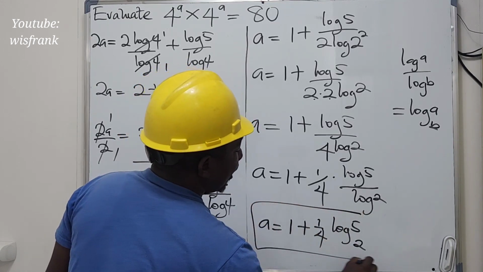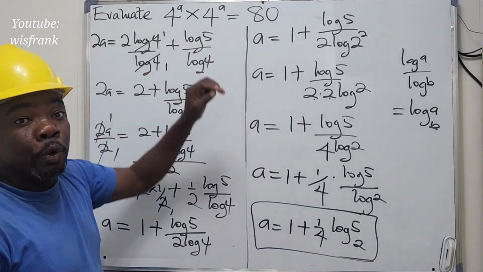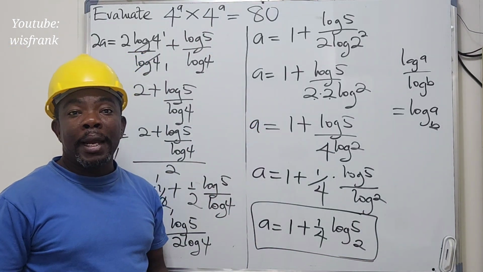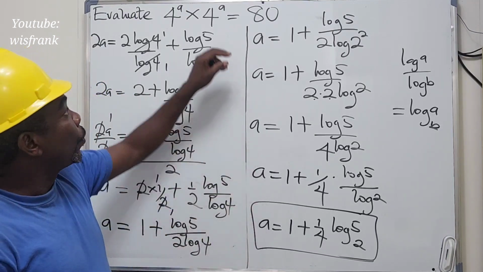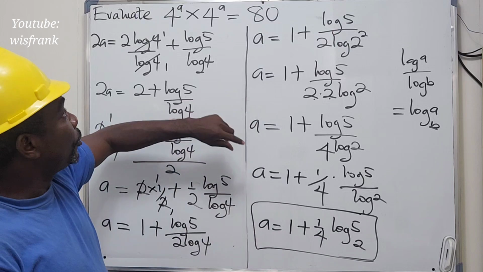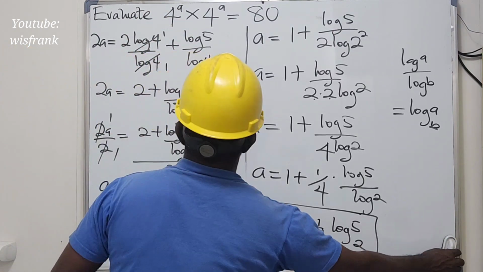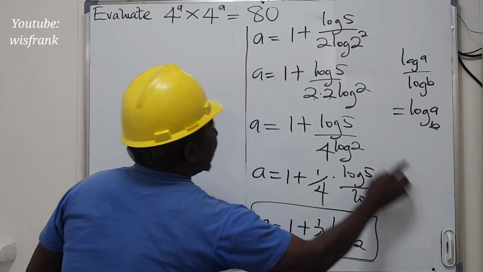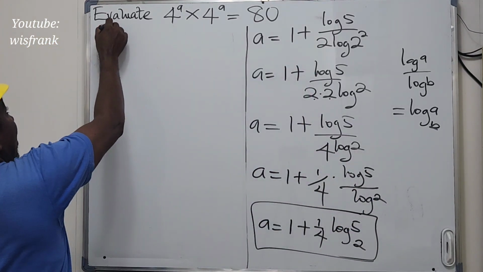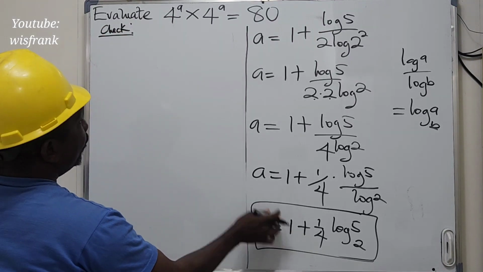So this is the value of A that we have, and it satisfies this equation. How do we do that? We need to carry out a little check to see how this value of A will satisfy this by substituting that in the place of A. Before we do that, we need to clean this up. So here we have a little check as we substitute the value of A